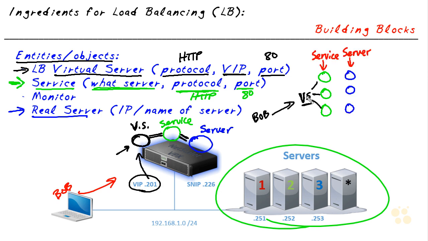and the cool thing is, the decision about which one to forward off to can be done based on lots of factors, such as round robin. So the first request goes to this one, then the second request goes to this one, third request goes to this one. And again, the virtual server is